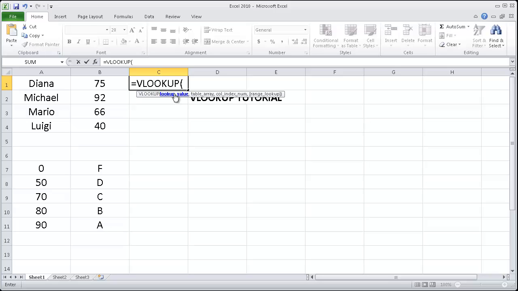The actual value you want to look up. I want to see what a grade of 75 means. So click here, it's B1, comma. Now where is this table array? It's down here. I'm going to highlight, click and drag, highlight the actual lookup table, comma,